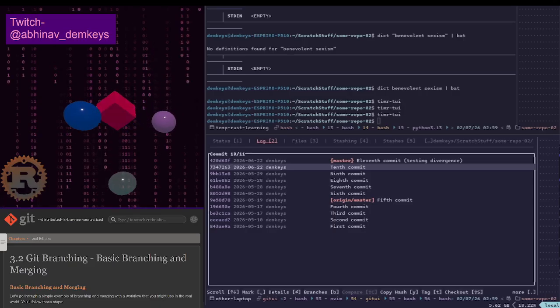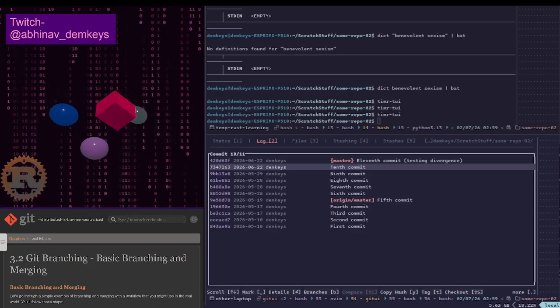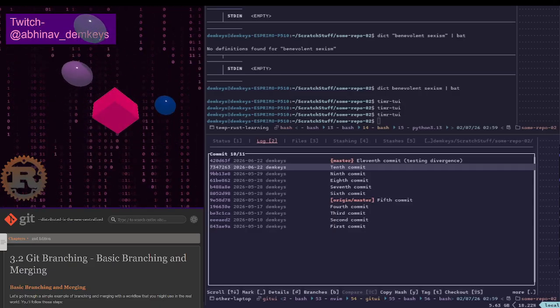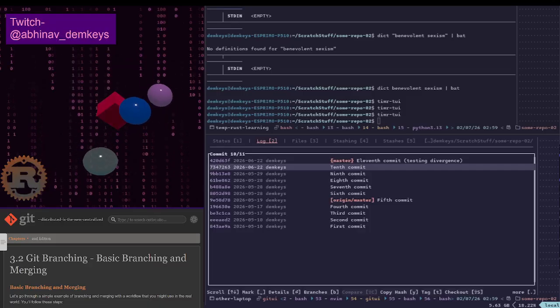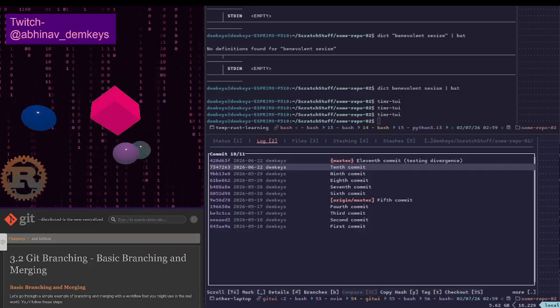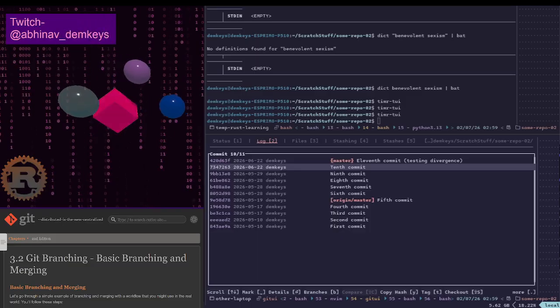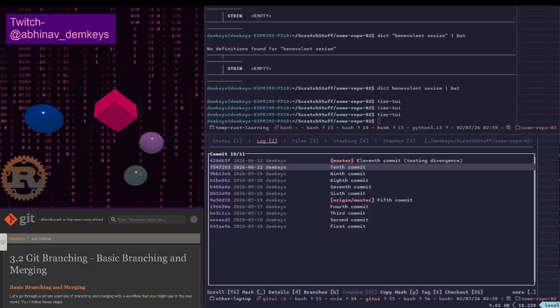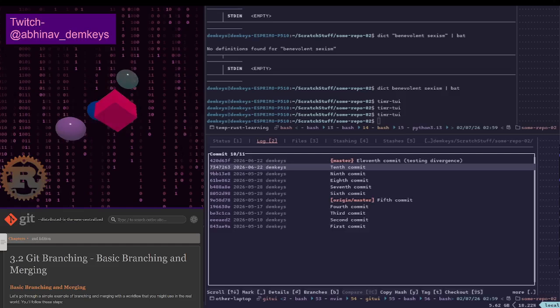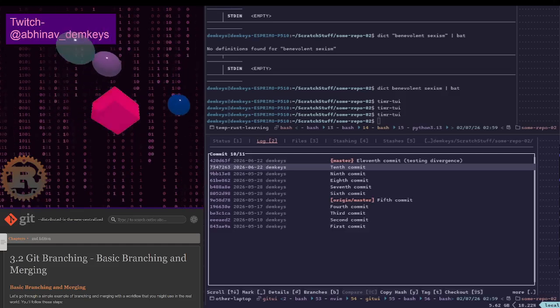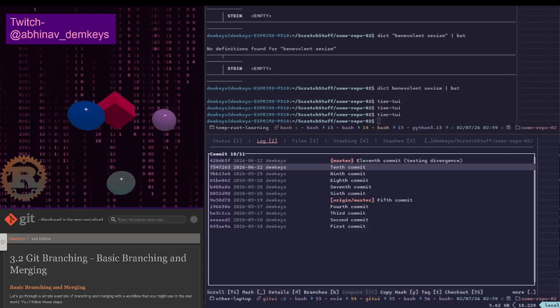Okay, now back to Git. So we're going to be focusing on Git branching because I want to understand the basics. I mean, I understand the concept of branching and also the fact that you can merge. I need to understand what is happening during the merging process.